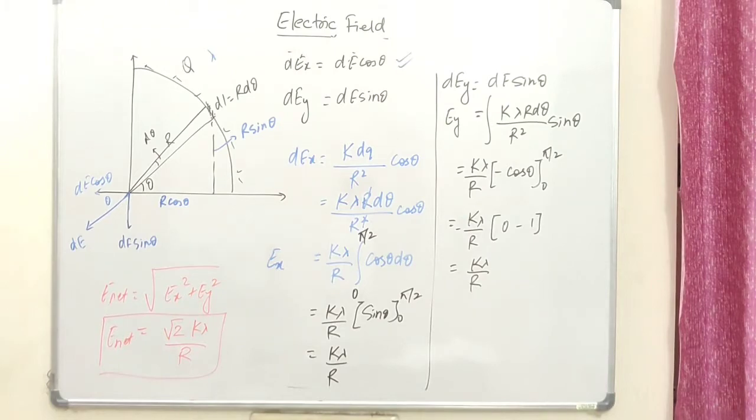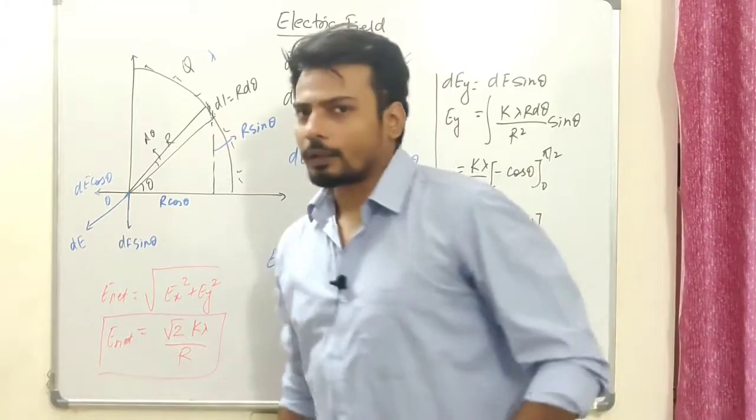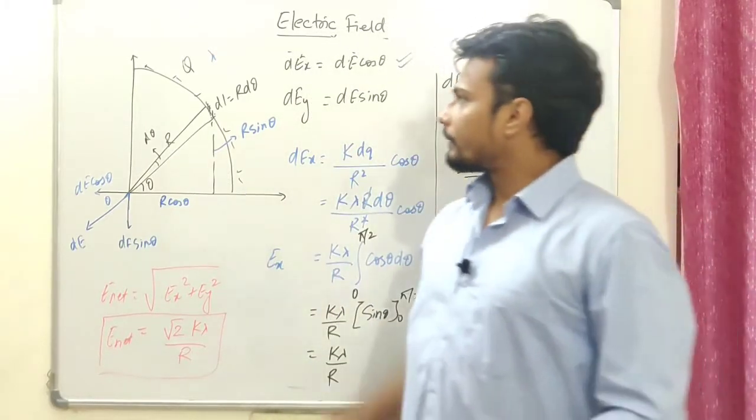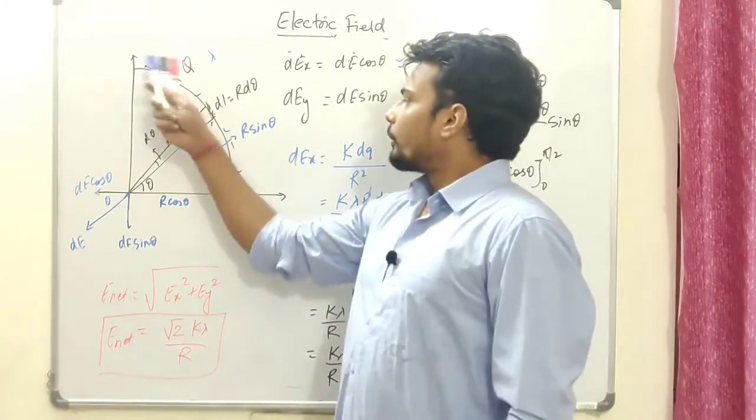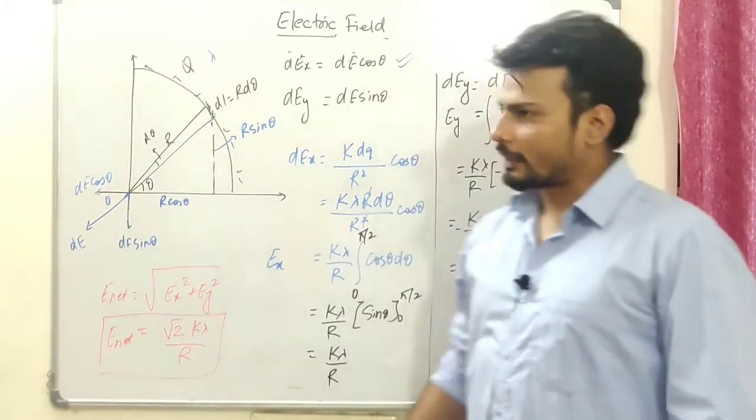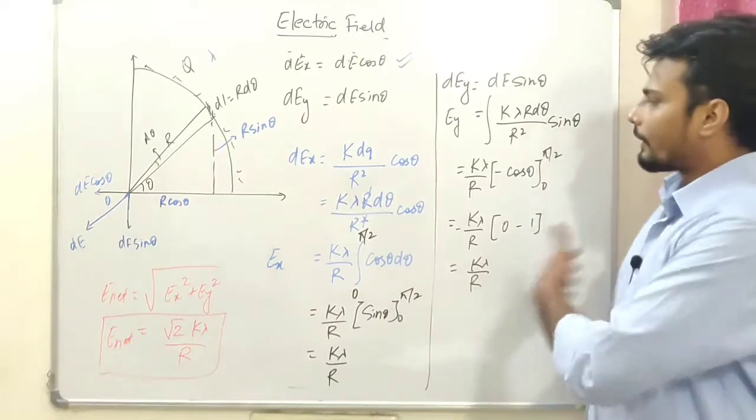It should always be the same. We always choose a small element, we find a small electric field because of that small element, where the linear charge density is given as lambda. Well and good. If not, again I'm going to put q by the entire length or circumference of that particular quadrant, and then we're going to follow it up.